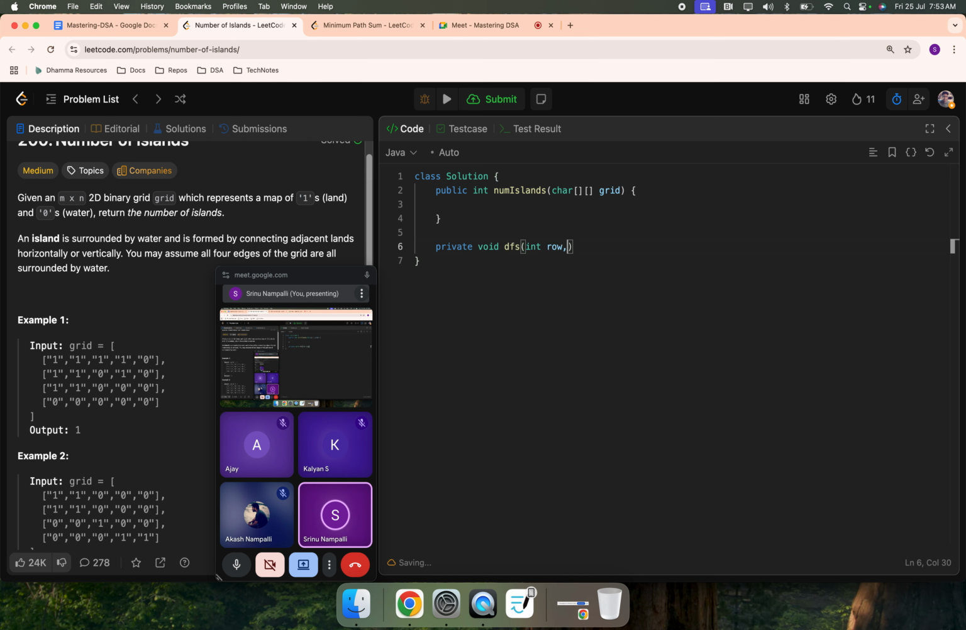So integer row, integer column. This is character array grid. So now we need to have a base case, right? The base case is, there is a chance that when you are at 0 0, if you go left, the row becomes, when you go top, the row becomes 0. Or row can reach the end of the grid, that is grid dot length,